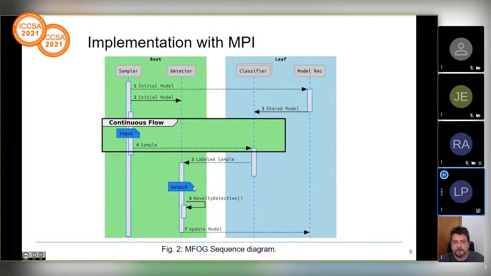So this task here is sequential on one thread only, and is not distributed. The novelty detection is asynchronous, but not distributed in each leaf node or parallel in each node. We had issues. We could use clustering, which is a better algorithm for this case. However, the implementation was not done in clustering.